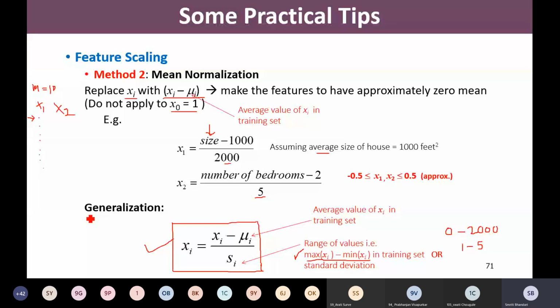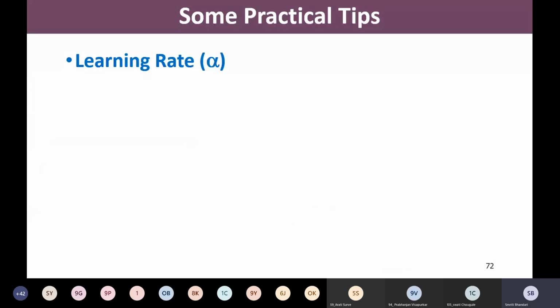Now, if we implement such an algorithm in Python, there are lots of libraries and functions available directly. Those help us apply feature scaling while implementing machine learning algorithms. I'm going to explain these functions as well in the video demo or tutorial that I'm going to upload. But we should understand the theory behind it, which is why I'm explaining these methods for feature scaling. So we talked about how to scale the features.